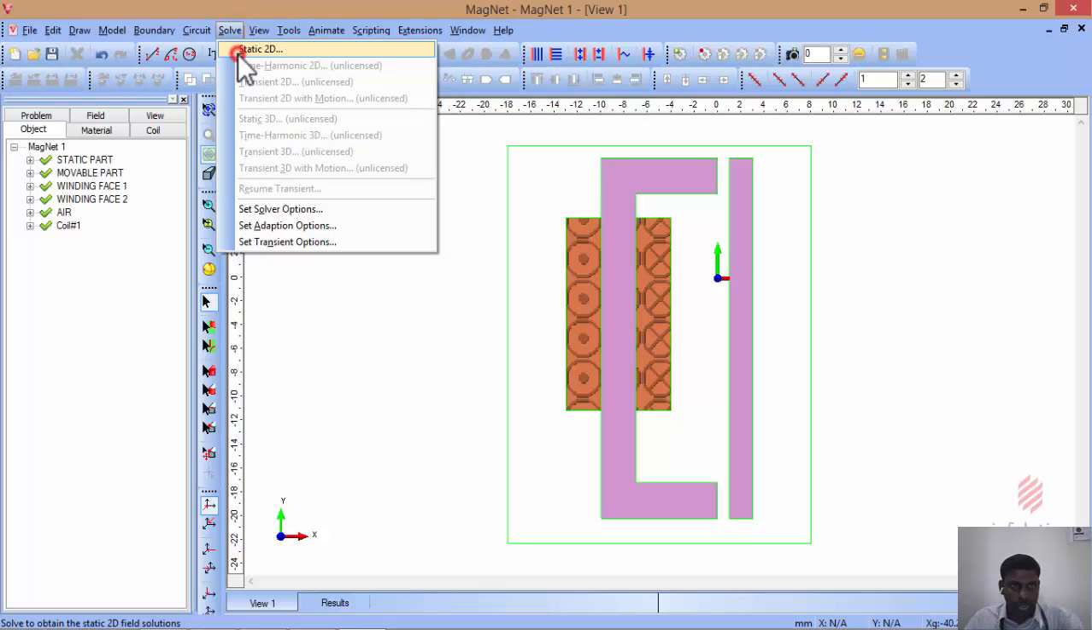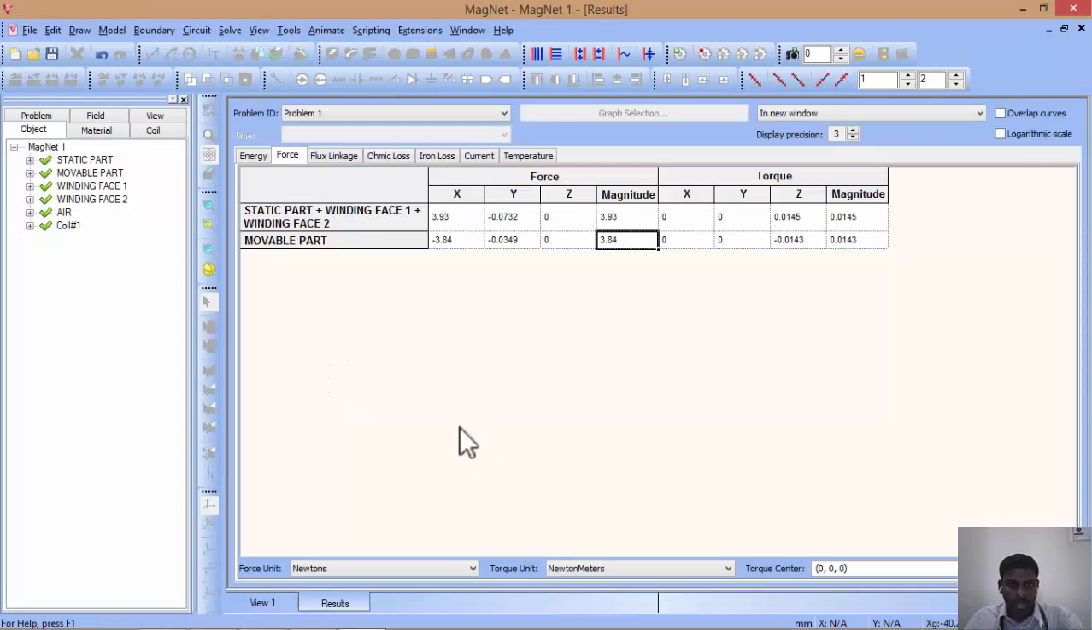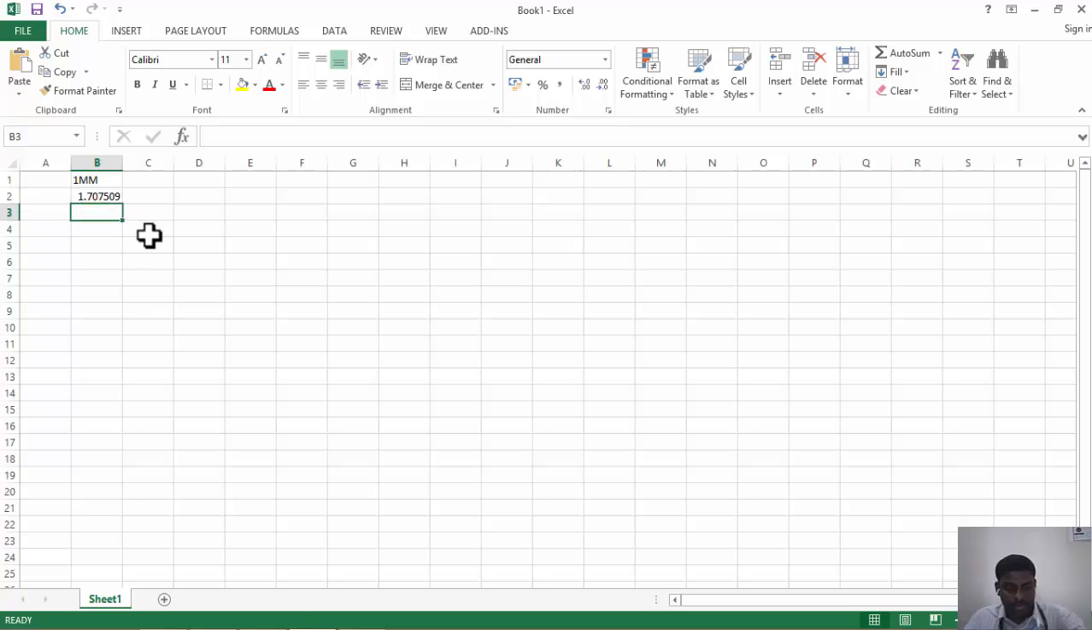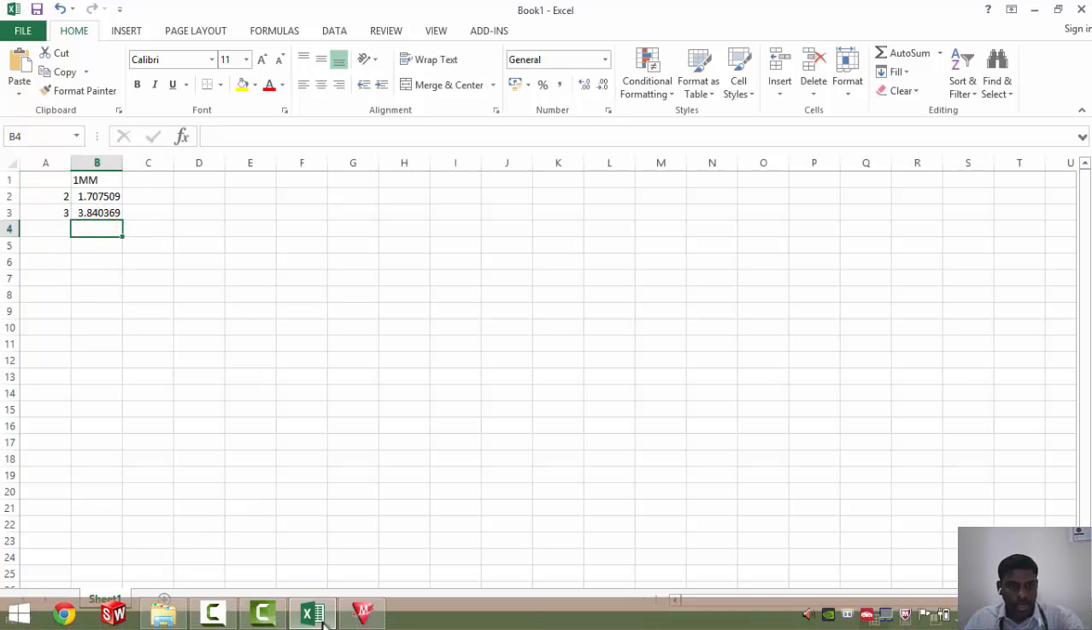Go to solve, static solve. If you see this, the force now is 3.84. So I just copy it down and put it in an Excel sheet. So this is for 2 amps current, this is for 3 amps current, and similarly